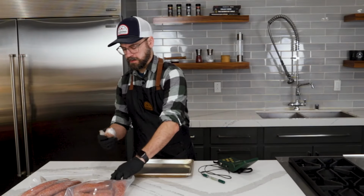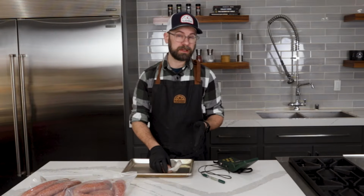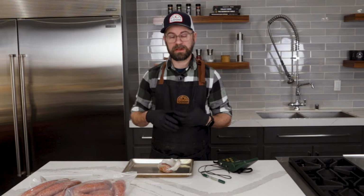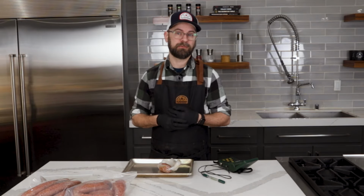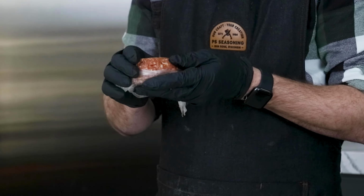So I'm going to take our little sample that we set aside. I've got my pH meter ready here. pH meters are really readily available online at this point. So if you're making dry cured sausage, I highly suggest getting one to make sure you're playing by all the food safety rules. So at first glance, our sausage sample here has firmed up a little bit, which is a